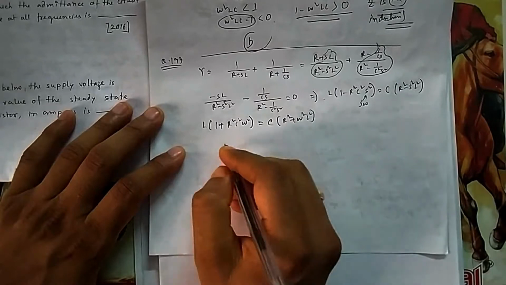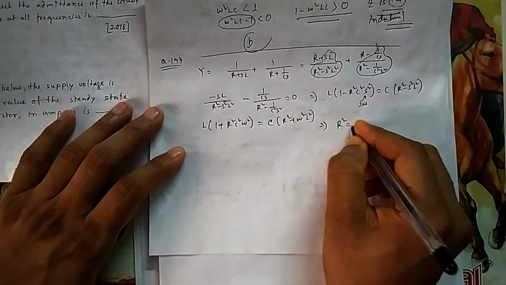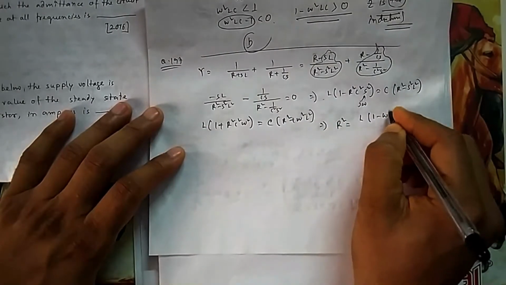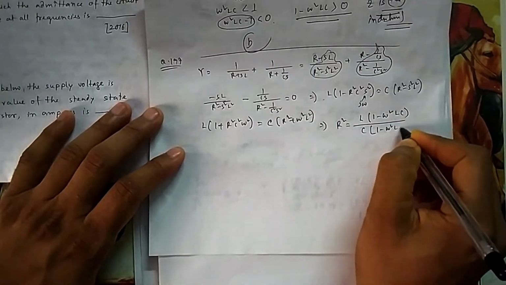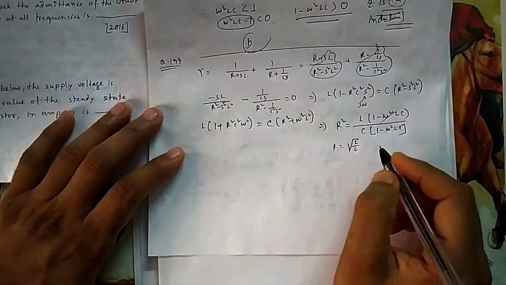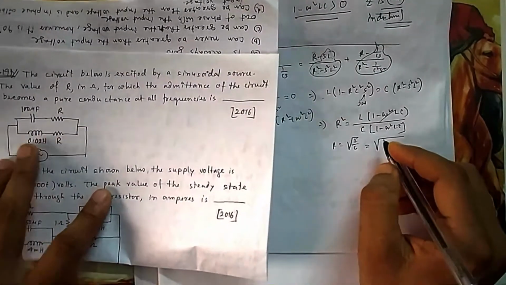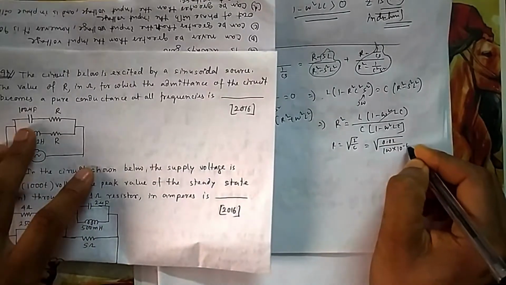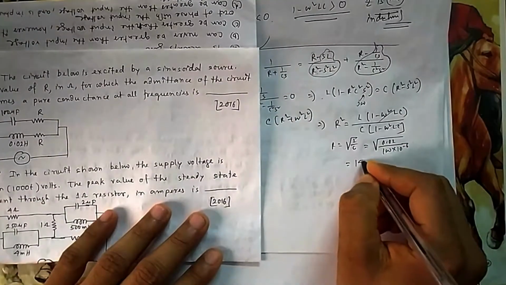Finally if you do it, you can change the side, take all R at one side, and finally it will look like 1 minus omega square LC. If I take L, then LC divided by C common, 1 minus omega square LC. So this will cancel out, and R will be equal to root L by C. Finally you will get something of this fashion. Now you can put C and L. L is 0.02, and C is 100 into 10 to the power minus 6. If you do it, you will find your answer is 14.14 ohm.